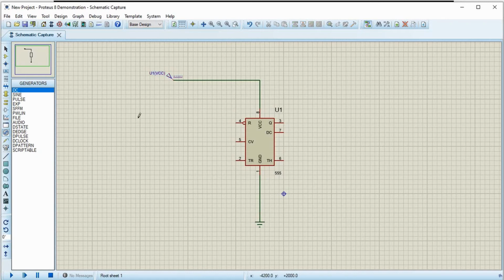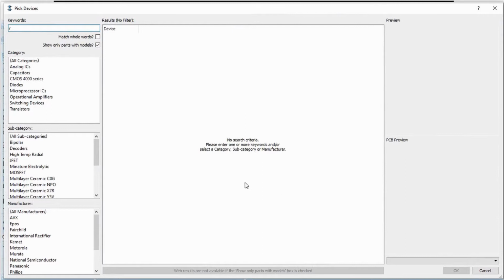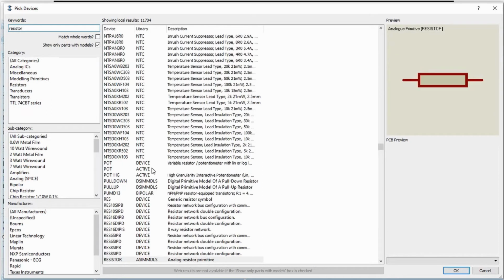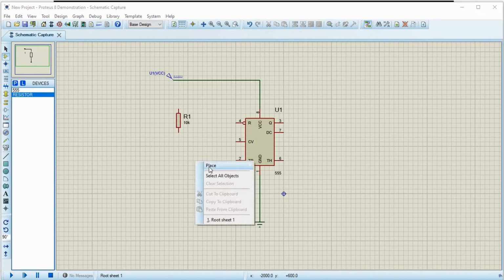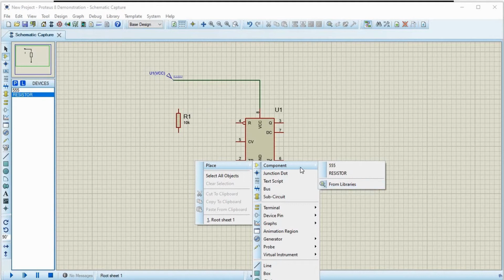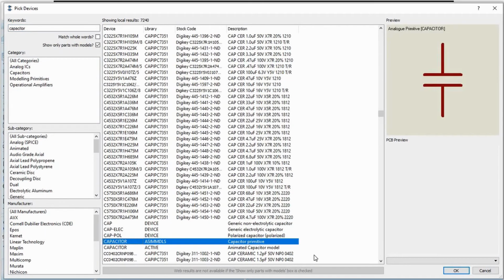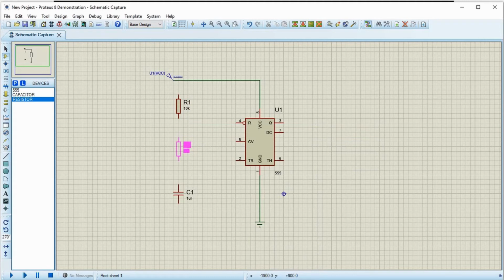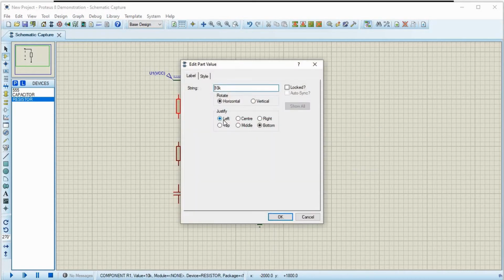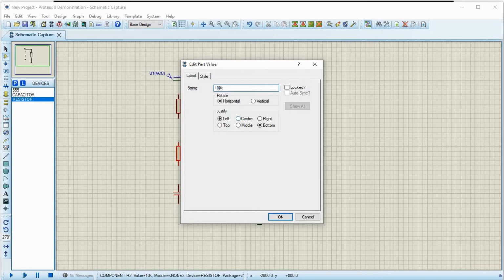Let's put an R also, and a capacitor. I'll use 1000 kilo ohms so that I get somewhere around 1 second, and you can use the formula 0.693 RC.